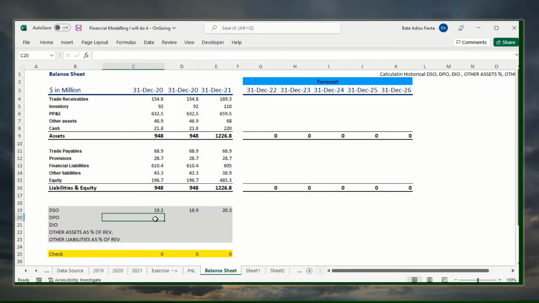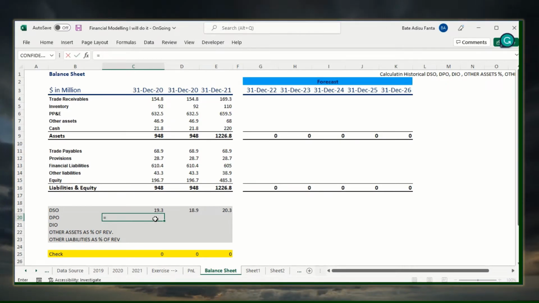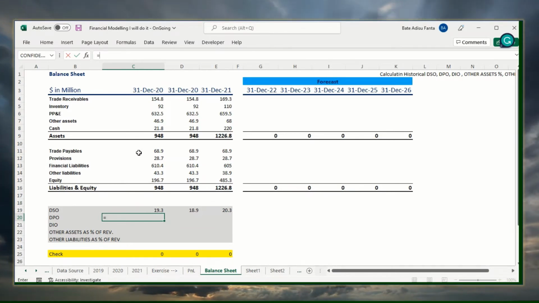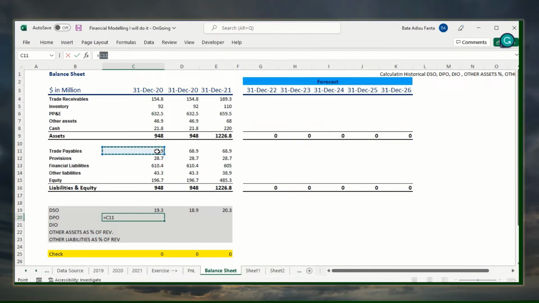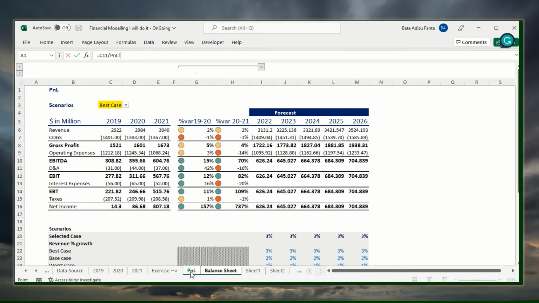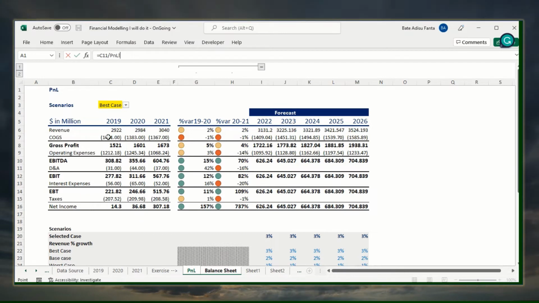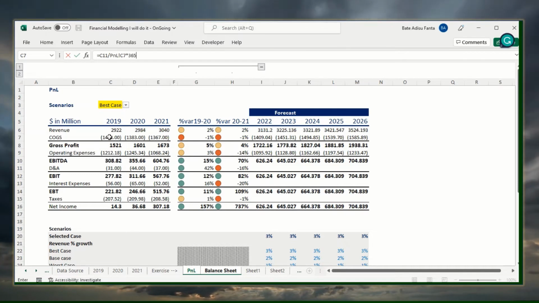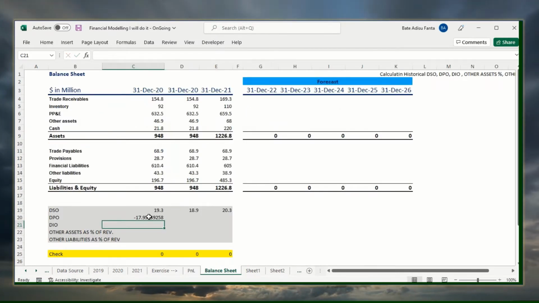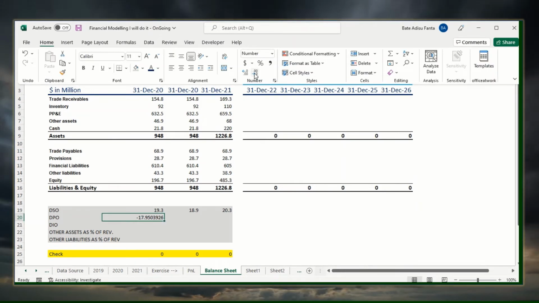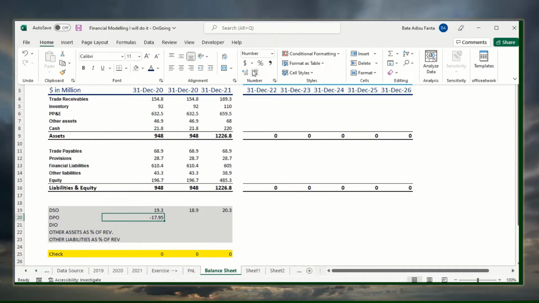DPO. Hope you remember the formula which I've shown you. To calculate DPO, we take trade payables or accounts payable, which is here, and then we divide it by COGS. Again, COGS is in the income statement or PnL statement. For 2019, I take that, and then we multiply in the same way by 365. Here we go. So we may need to show only the number of days